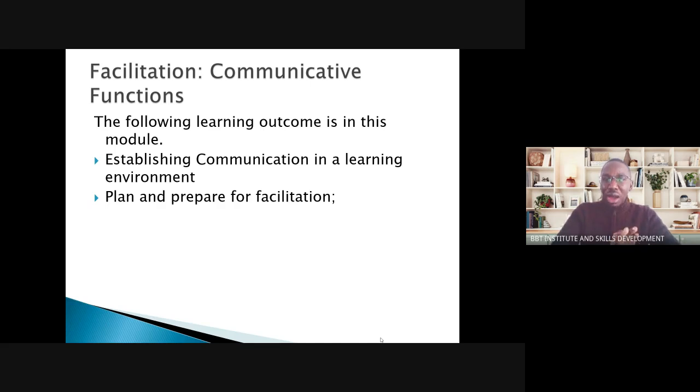Because of time, our classes are always scheduled for 45 minutes, not over 45 minutes. So you will see that we're going to have a series of these classes on the same program, facilitation, three times a week. Actually, if you are keen enough, you will see that we have a timetable or a calendar on the portal.